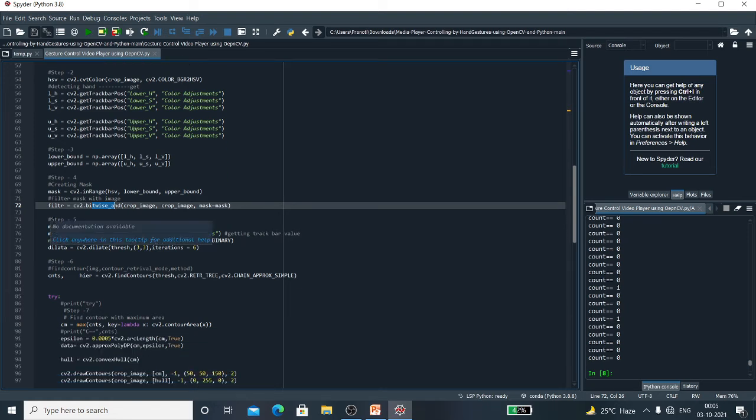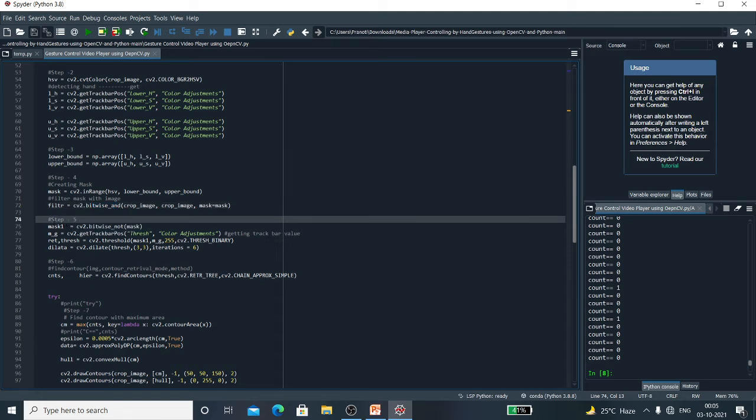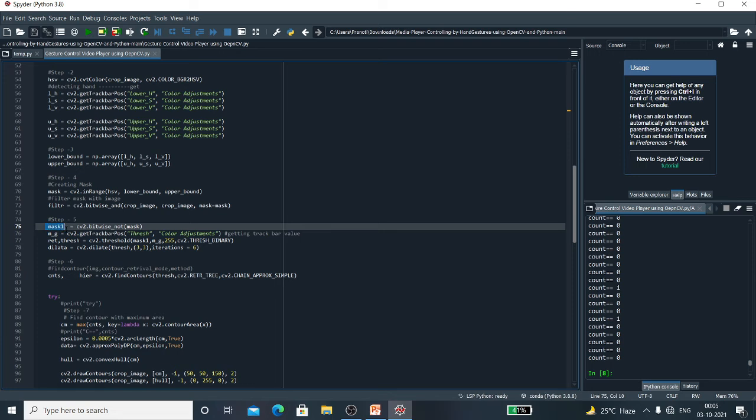So in step 5 we will invert the pixel values and then enhance the result for a better output. Here I have used one more variable, mask 1, to invert the pixel values as required, because afterwards we want to find the contours and the convexity defects. The best approach to find the contour defect is to have the background in black color, and the things we are going to detect must be in white color.